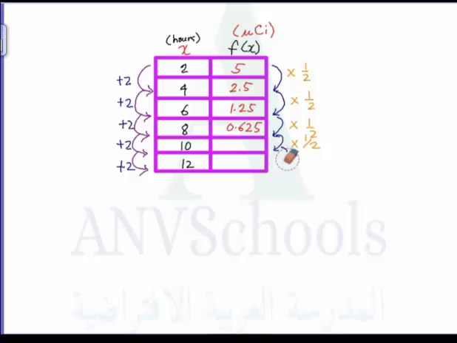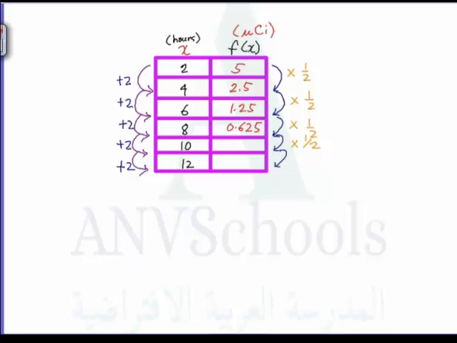Let's be very careful with erasing this one. Okay. So what will happen with this? If our x is 8, it becomes 0.625 for our f of x. So the remaining is 0.625 microcuries, because this has an add-multiply property. This is basically an application of